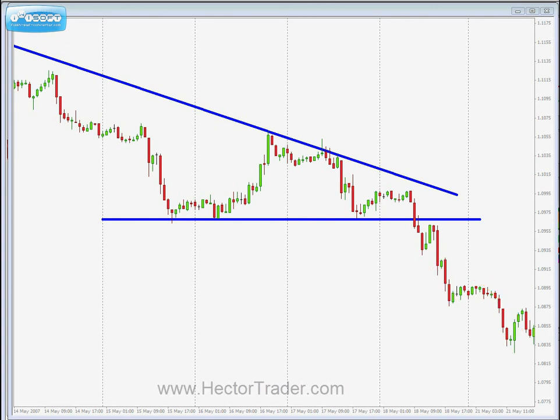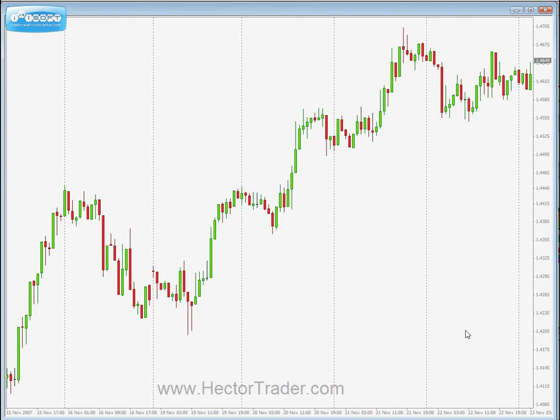Finally, I'm going to be showing you what a flat top triangle is. As I was saying, it's basically the same thing. It is clearly seen in this chart. Let me define that properly. Okay, there we are, that being the flat top triangle's top, and this being the bottom. As you can see, we make